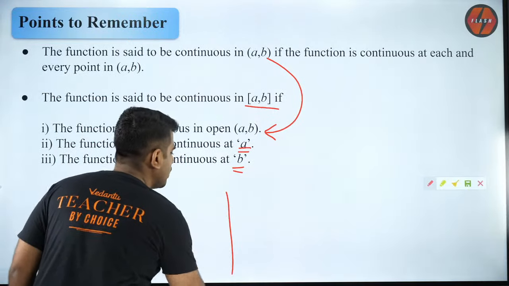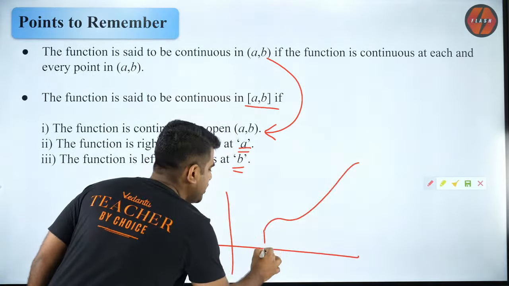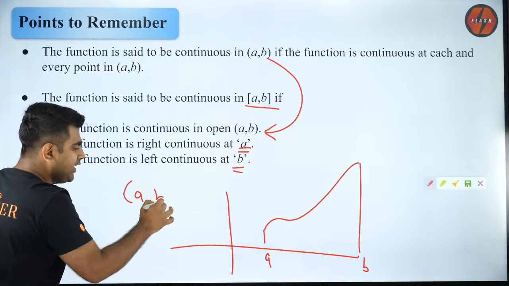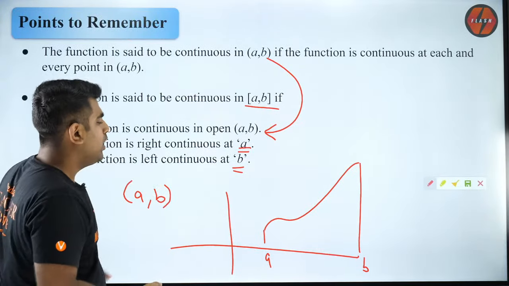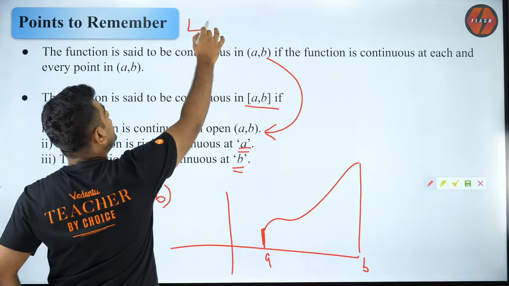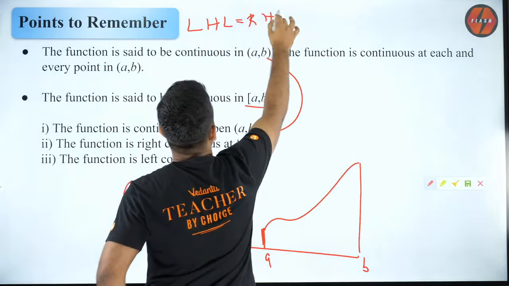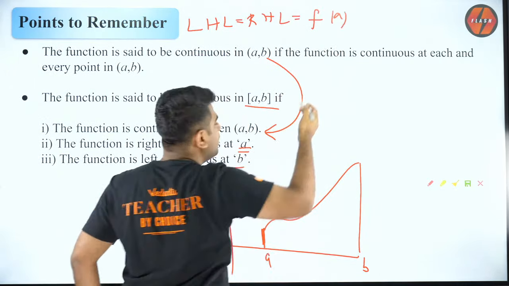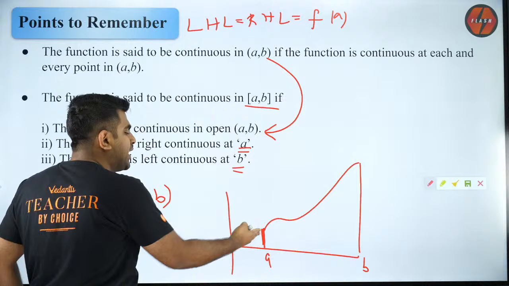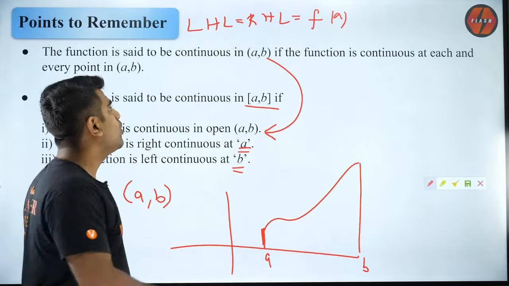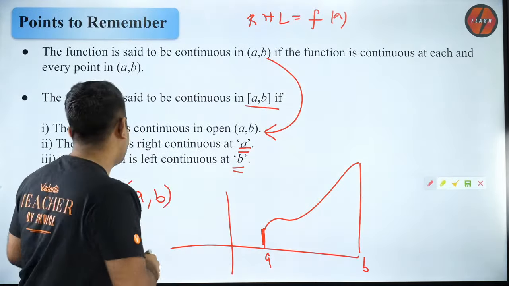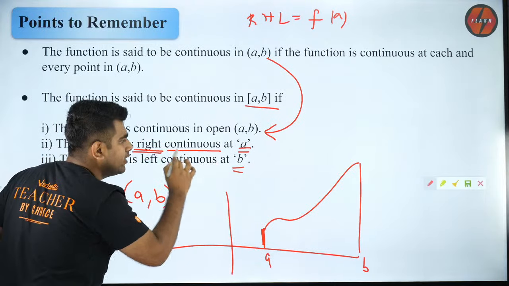But wait a minute, that is not going to be so simple. So if I have something like a to b, so open interval a to b, we can easily do it. Just like the one before. But sir, how do I check continuity at a? Because you only told left hand limit should be equal to right hand limit should be equal to functional value. But sir, what are you saying? There is no left hand side to a. A itself is the last point. How can you check left hand side? You are right. So what we do at A is, at A we check only the right hand side. So that is why you check right continuity at A.